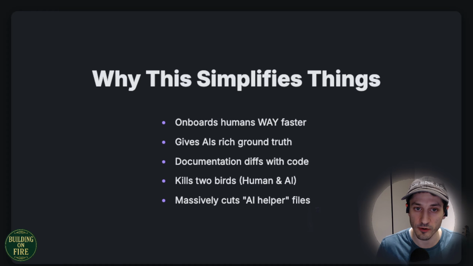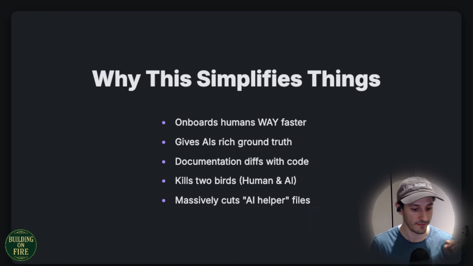And it kills two birds with one stone. When humans go and look at this, now we have clarity into a new code base. And increasingly, code bases are going to be written by AIs. And so there's not going to be any human that can explain it to you because humans haven't looked at the code before. So the first bird is it provides human clarity, and the second bird is it gives the AI context.